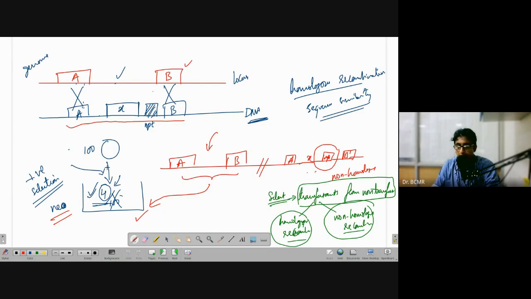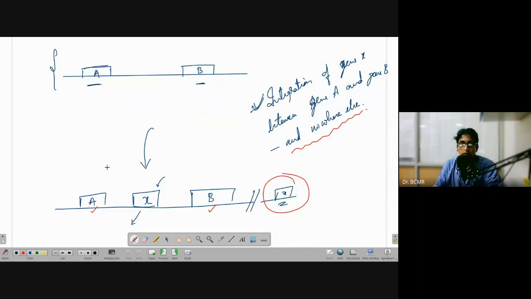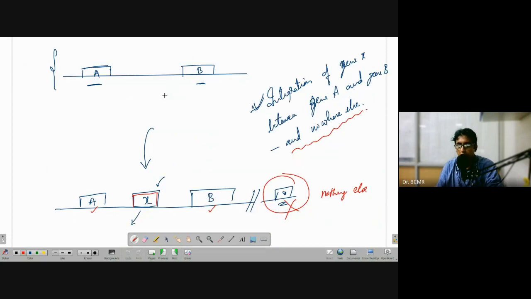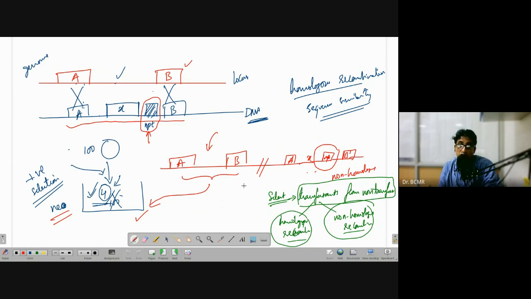There are also more things. What did we establish in the first case? I want X to be incorporated between A and B, nowhere else, and nothing else. In the sense, no other genetic manipulation should have been there. But if you notice here, because we want positive selection, we have used NPT. We have incorporated NPT into the genome. However, we don't want NPT, nothing else, right? So we have to get rid of NPT, and for that we can use site-specific recombination.